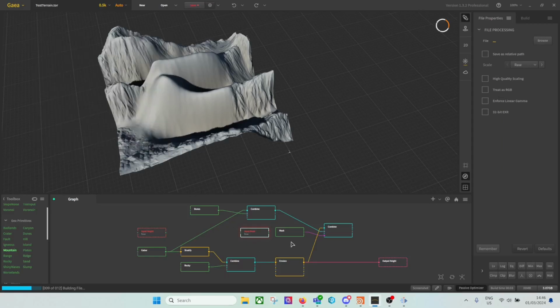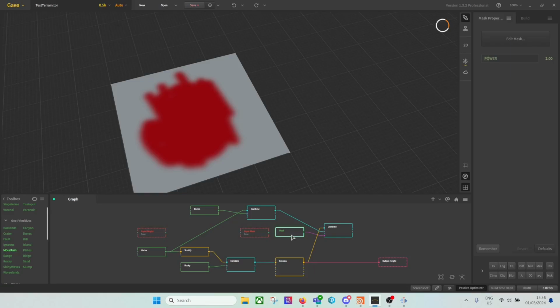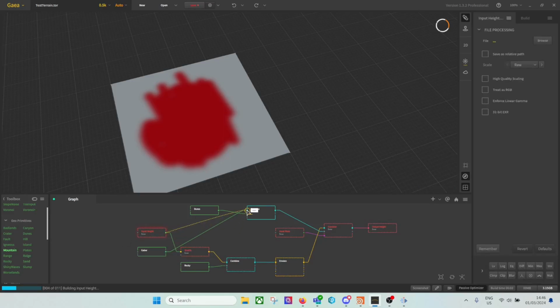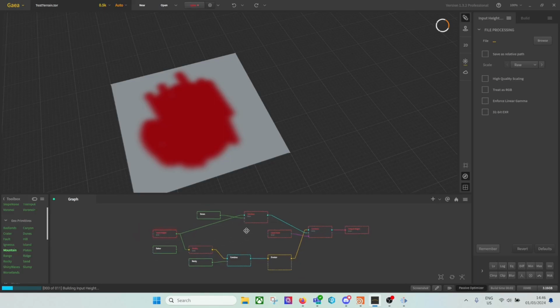There we go. And then we're going to delete this mask, put this in here. And then we're going to plug this into the height output. And then we're also going to put the input height back in here so that it's not taking the Gabor node as